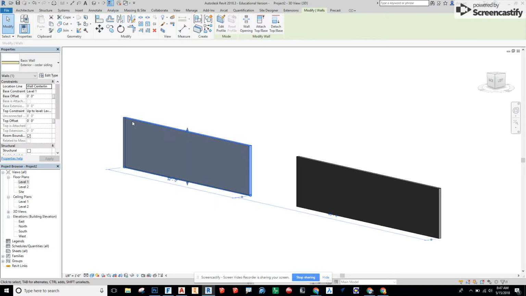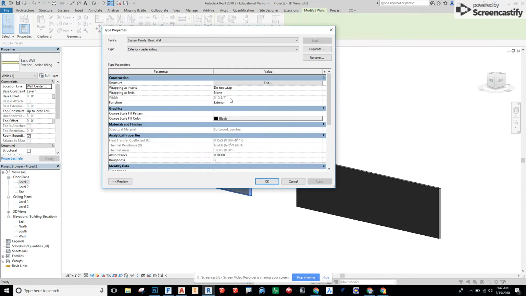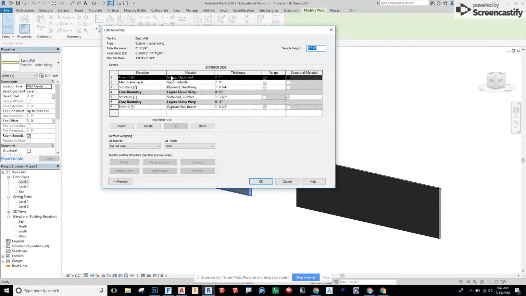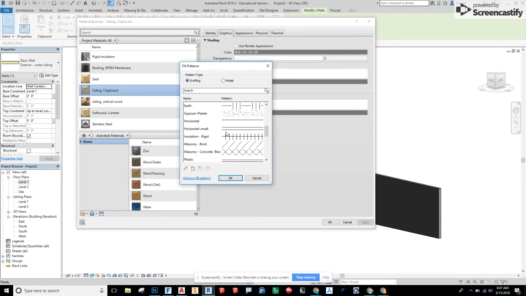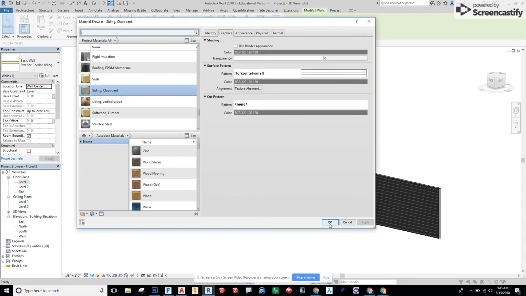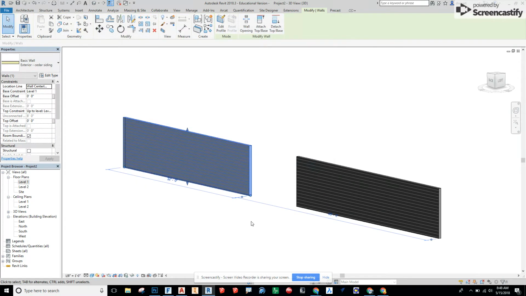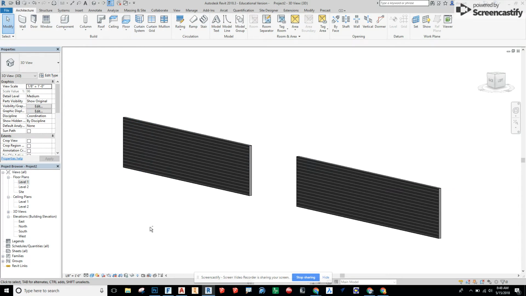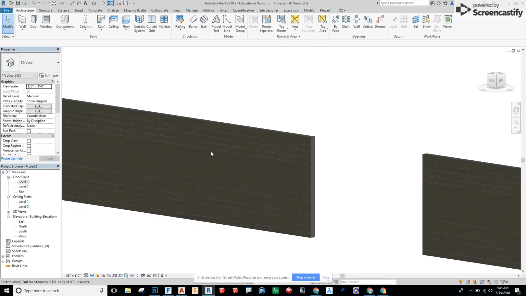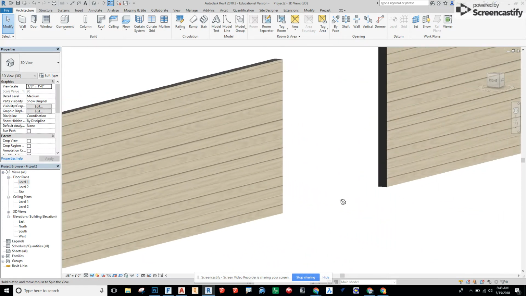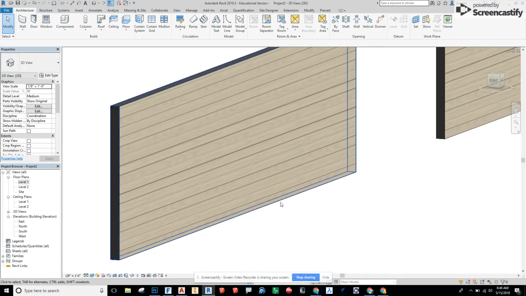So what I'm going to do here is edit the type of the clapboard. Under structure, under the material for clapboard, I'm going to click on the three dots under surface pattern, which is under the graphics tab with siding clapboard highlighted. I'm going to click on pattern, scroll down to horizontal small and say OK. I'm going to say apply and OK, and we can see that it updates our model. Now from here, I'm going to go into realistic mode, and we can see that we have this nice texture, and actually Revit does a pretty good job modeling this